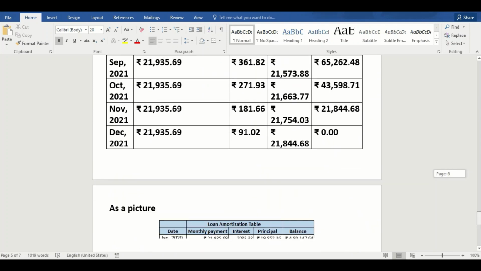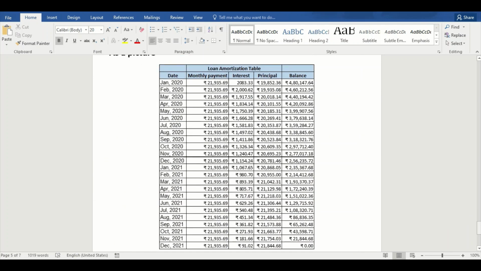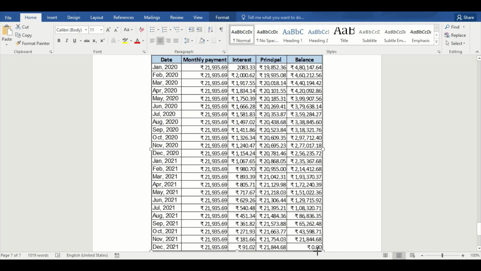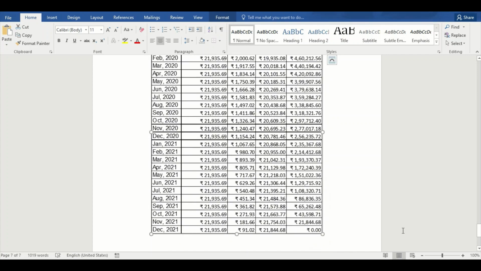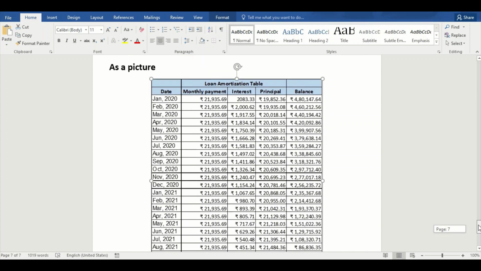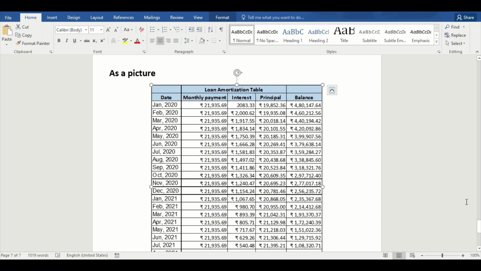And the last option that we had was the easiest, which is paste it as a picture. This picture, nothing can be changed. It just comes in the perfect format available, and many a times you would prefer to use this option since it cannot be formatted, or by mistake you cannot change something in this that will make it look not in place. You can resize the picture as you desire though, but still any changes made in your Excel file will not be made in this picture option.